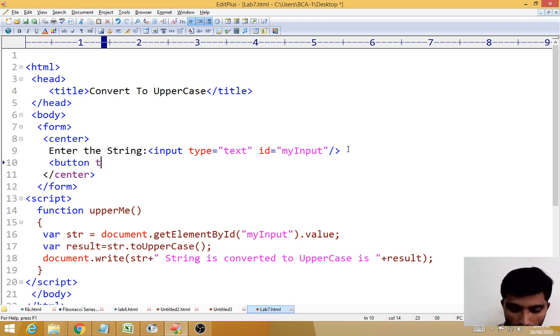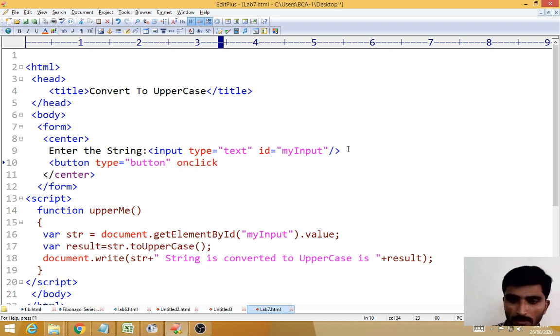Button type equals button, right? Here one thing you have to use is onclick. When you enter that value, after that you click, and that calls the function.